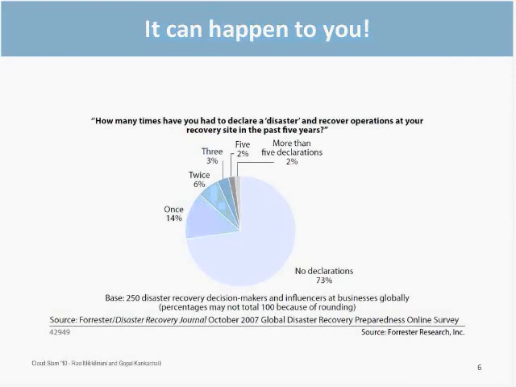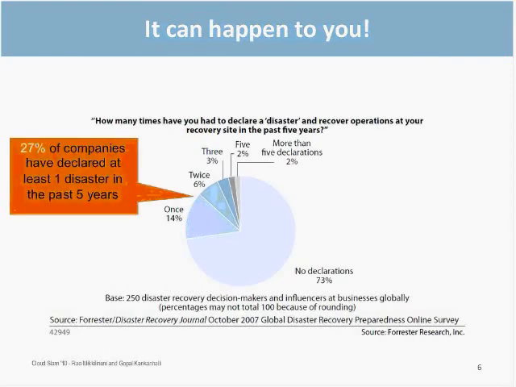So if you look at the statistics of how various companies have been affected in the past by disastrous events, you can see that at least 27% of the companies have declared at least one disaster in the past 5 years. Although it is good news that 73% of the people who were surveyed did not have any disasters, the 27% had to cope with many of these issues. And some of them, for example, have actually